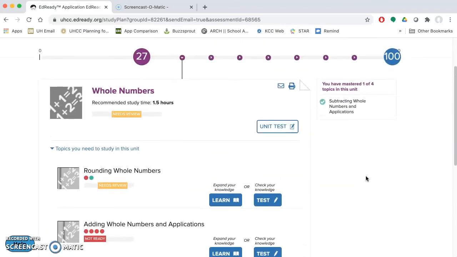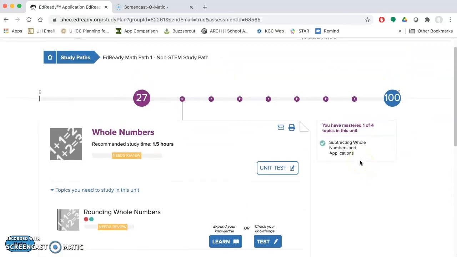And let's say I do improve, my updated score will be sent to the UH system. And so again, it's not a matter of taking the test again if they want to improve their score. It's a matter of going through their study paths and just working on what they need to work on, retesting, and going from there.